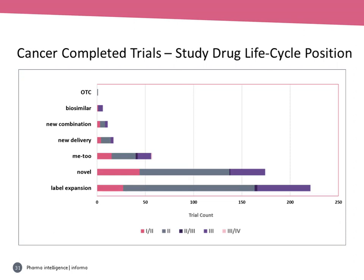All right, so what's the story? Here you see what the data look like in terms of the strategy study drug tags that I applied across all of the cancer trials. And you can see that well over 200 trials were tagged with that label expansion tag. It's not that surprising. It's standard strategy in oncology to try to study a drug's efficacy in multiple types of cancer. It's, in fact, pretty much state of the art when a developer comes in with a rare or orphan drug